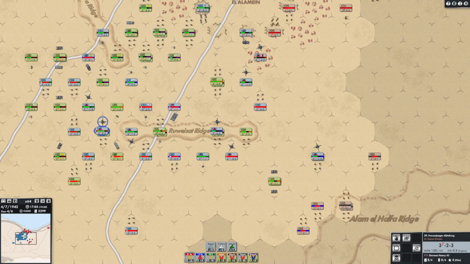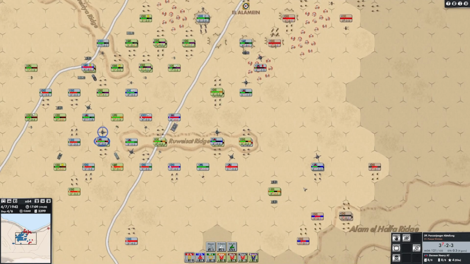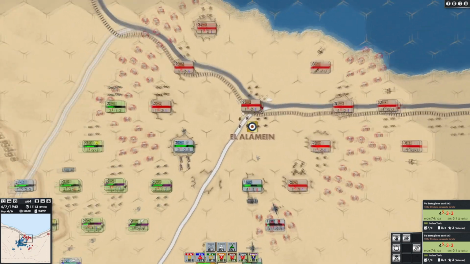Well, are we losing a lot more men now? Well, things look like they've evened out a bit. Where are all their troops? They have 48,000 men. All their tanks are gone. Hallelujah. Well, you know, some of them are just in units with low morale, but...